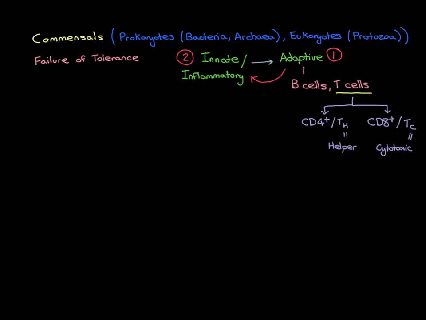So, what are these two arms of the adaptive immune response aimed at doing? Well, let's start with the CD4 positive side. This is the type of adaptive immune response that you use when you are dealing with an extracellular pathogen. So when the infectious entity, when the pathogen is present within the extracellular fluid, such as most bacteria, most fungal